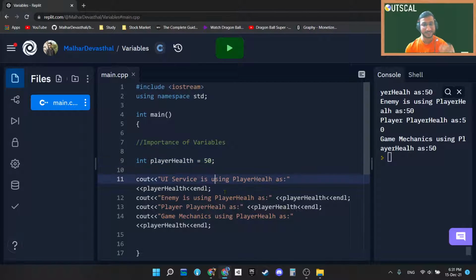But without this variable, this is impossible to do, right? So that's why variables are very important, especially when you are using that particular thing in a bunch of other places. That's the very important use case of variables that we need to understand. In simple words, variables are used to change or manipulate or update data at different places. So here you can see there are different places, and by changing a variable, in all the places the data will get updated. So that's the use case.